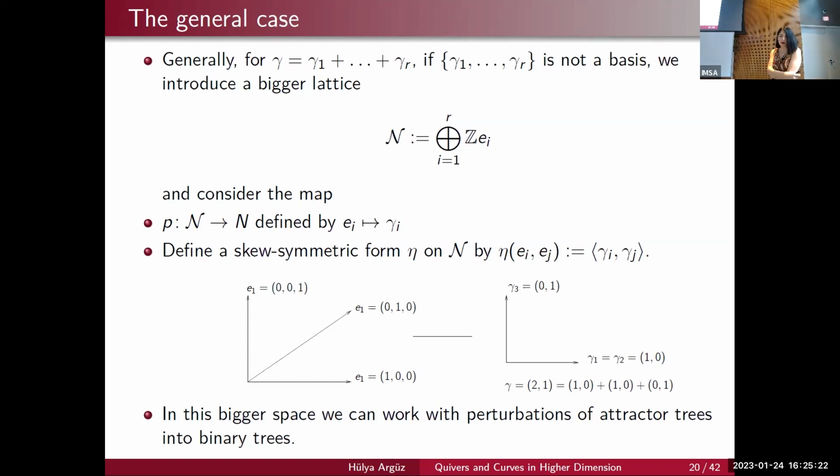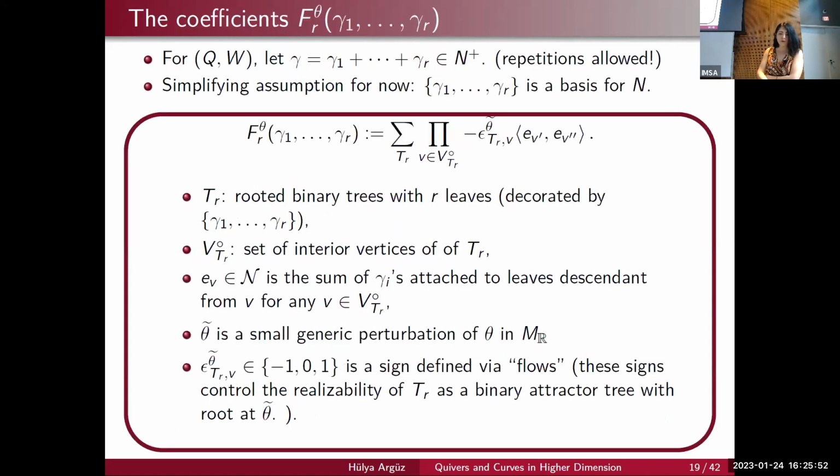And we showed we can still work in a bigger space, which I denote by curly N, enlarge the space, and define a map from curly N to find a new skew-symmetric form, so that I can still do the perturbation of a higher valent attractive flow to a trivalent one. So as I mentioned,